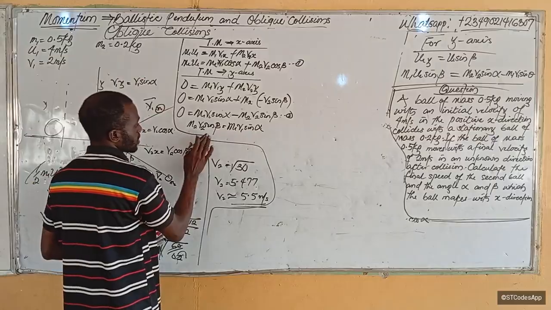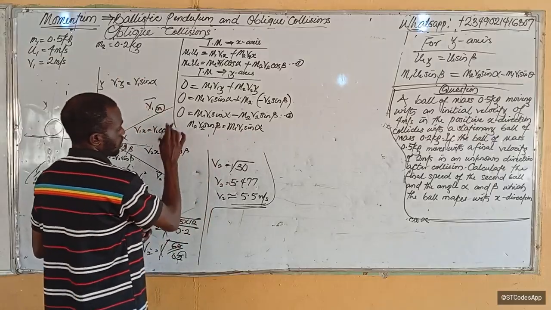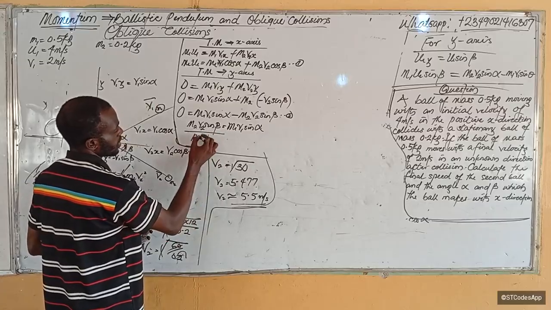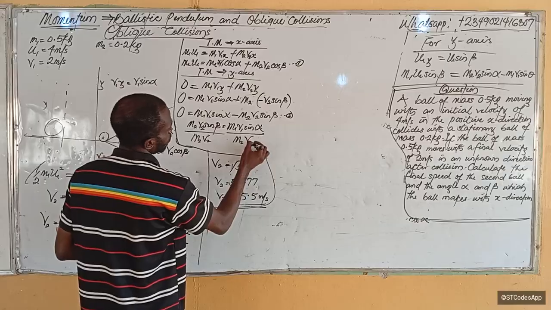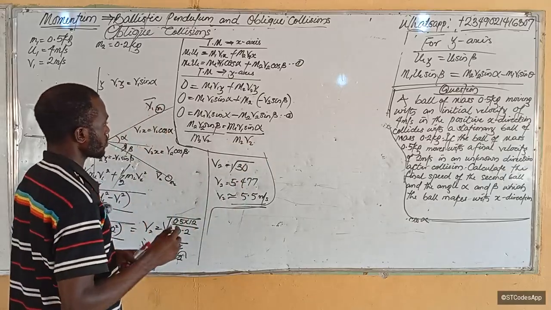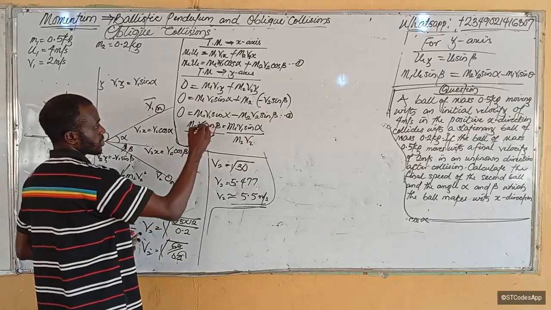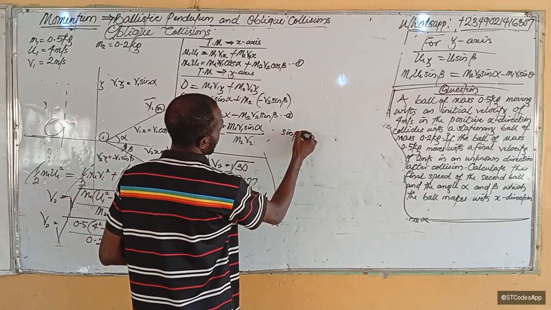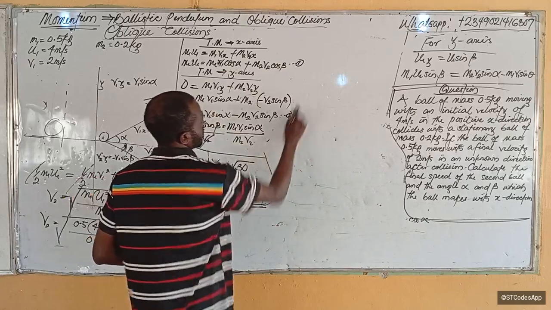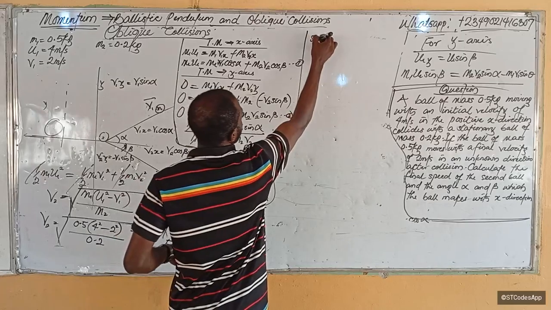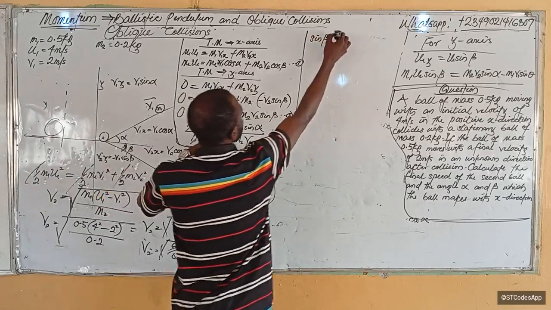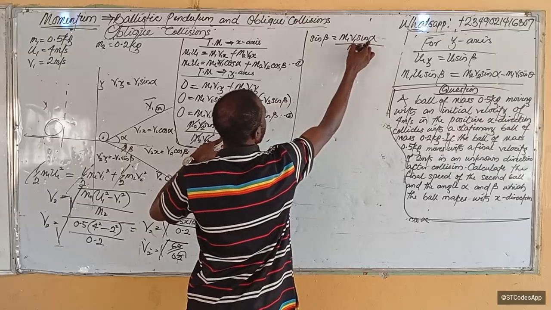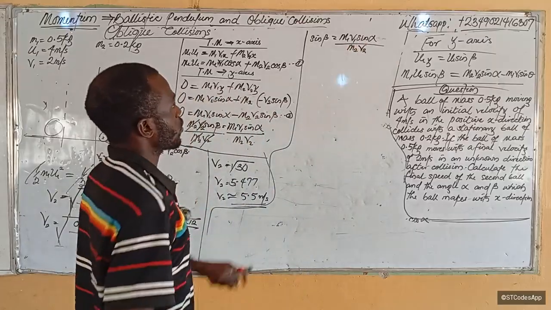So from here, I divide both sides by m2v2 over m2v2. If that's the case, this takes care of this. Then we know that sine beta, let's bring it up here, that sine beta will be equal to m1v1 sine alpha over m2v2. Okay? So from here,